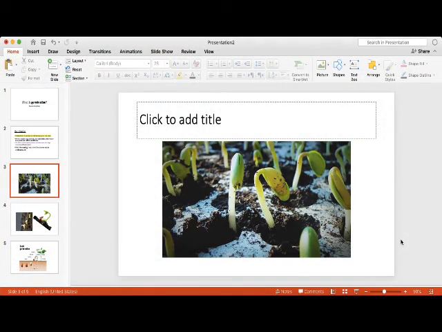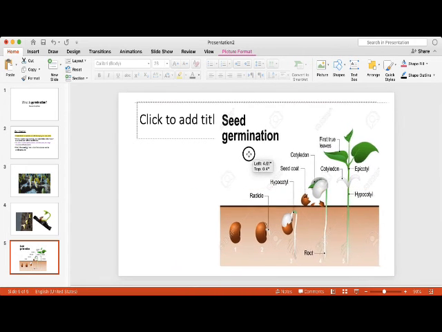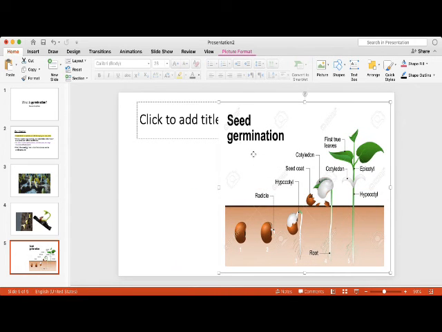The third tool of picture formatting is to move your picture from one place to another. When you click on the picture that you want to move, you can see that your mouse changes into a four-sided arrow. Can you see it? I want to move this picture from the left side towards the right side. Click on this picture with your left mouse button, hold the button and move your mouse. Here I have moved this picture towards the right side.